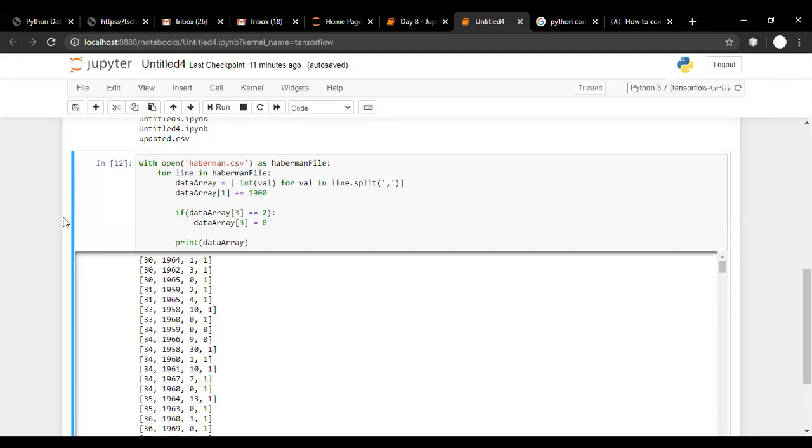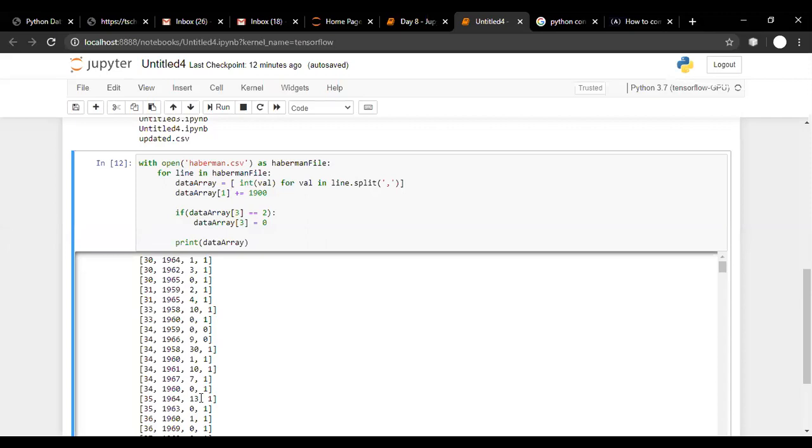So we replaced 2 with 0. And since the data was old, the year was written as 64 or 62 or 59, so we changed it to 1964 or 1959. This is called data pre-processing or data engineering, where we are converting the values in a manner that we want.